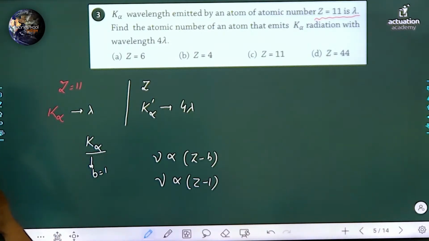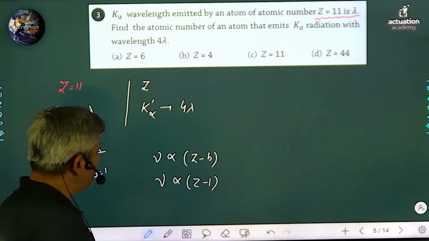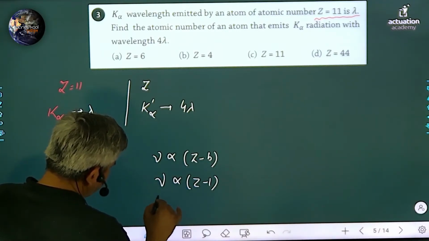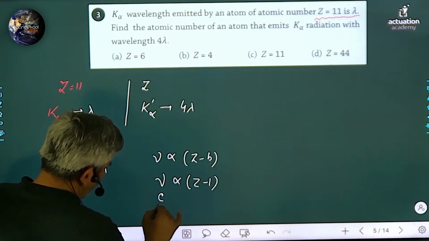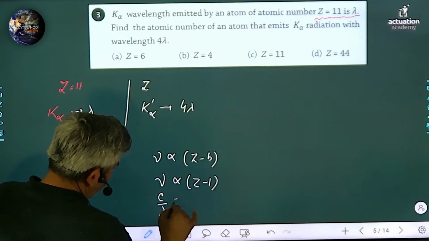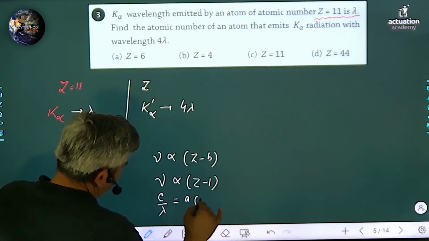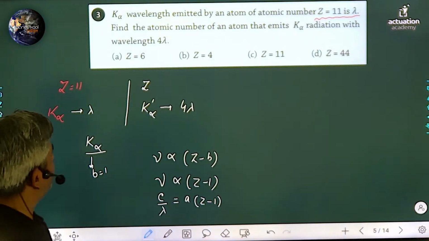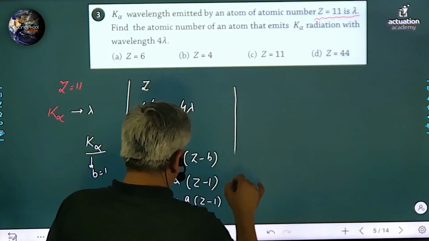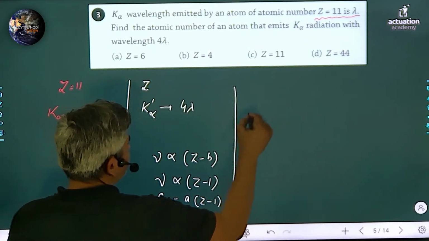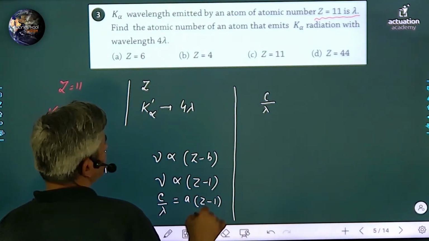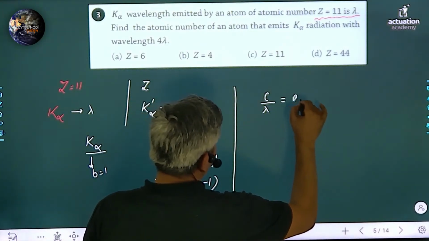Now we know mu and lambda are related as mu is equal to C over lambda. So this can be written as a constant A into Z minus 1. Now simply putting in all these values, we can write C over lambda for the first case is equal to A into Z